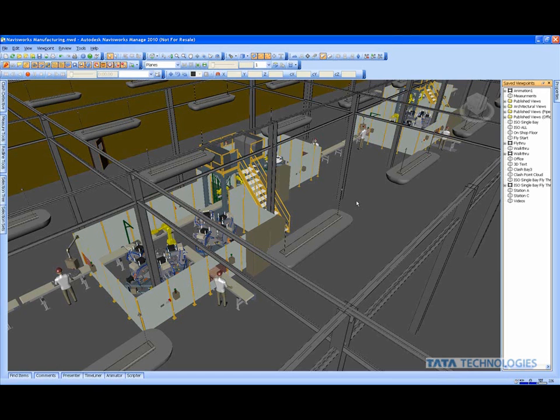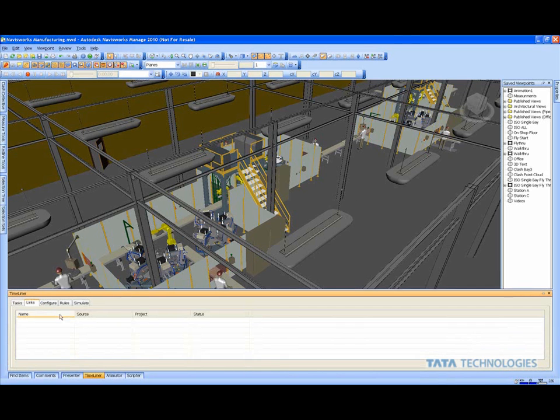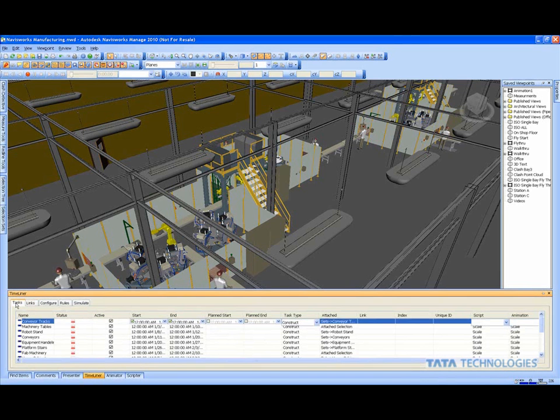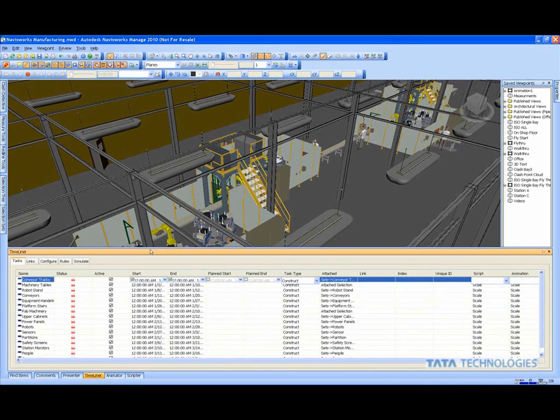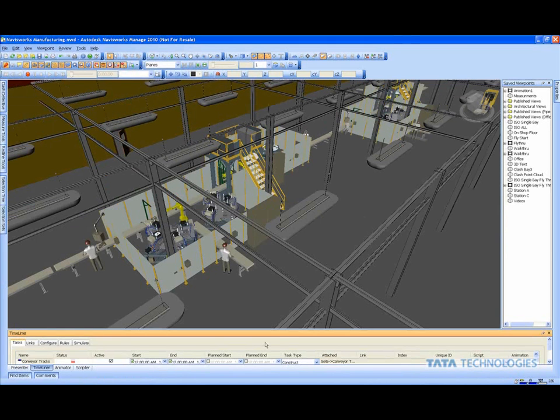So now that we're back in Navisworks and we're thinking about our 4D animation, a little bit of project timeline visualization, where do we go to get this information? Well, at the bottom of our screen, we're going to find our Timeliner. The Timeliner allows us to do a few different things. We can look at the tasks on hand. These tasks I can generate individually inside of the Navisworks software. If I expand this a little bit more,